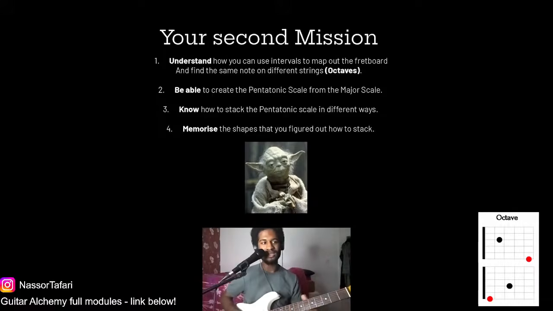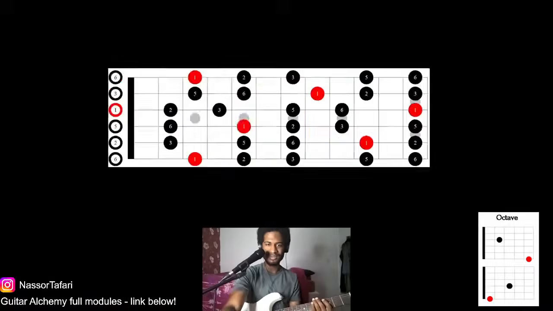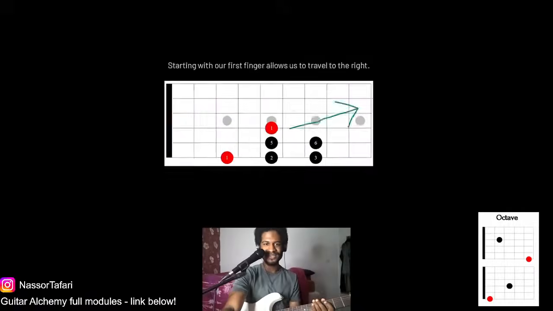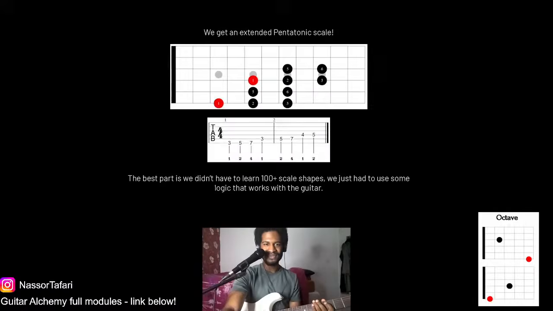And then if I can do that in other places, I can start creating my own shapes. So I'll do this with you guys. So if you did 1, 2, 3, 5, 6, let me go back to that page. This one. Yeah. So if you play that quickly,